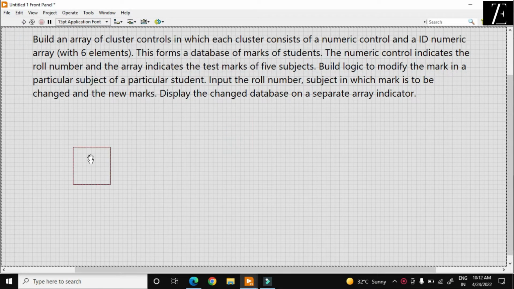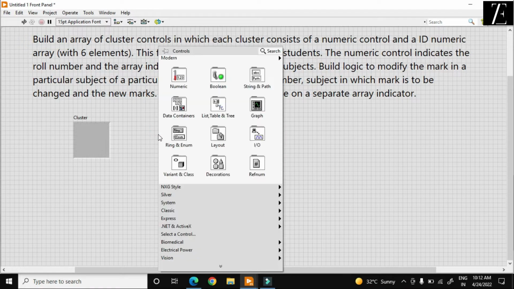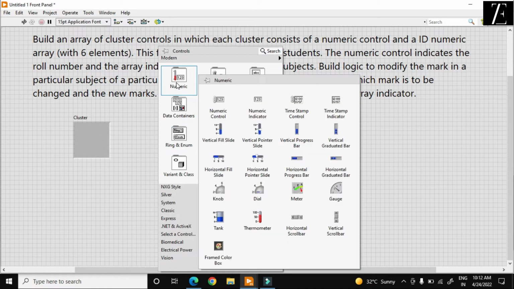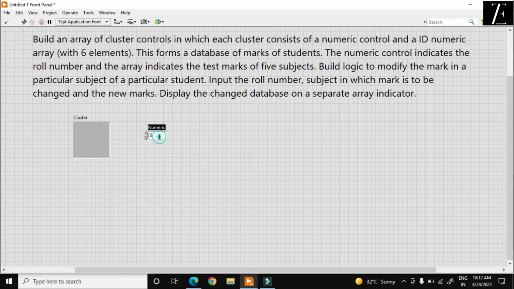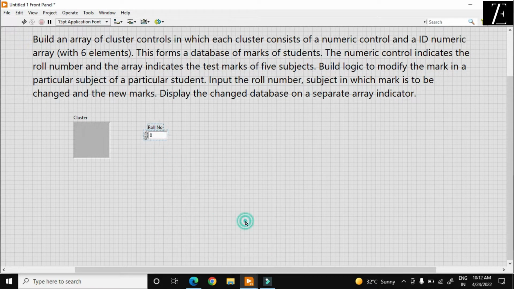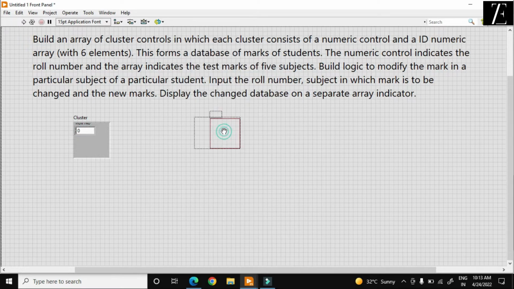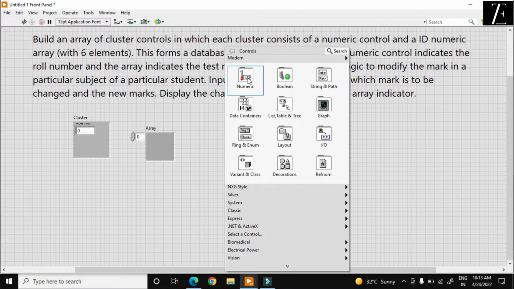a cluster. So this is my input, and in this case I just put the roll number of the student, and I want to change it to integer type because the roll number is not in floating type. So I just put this over here and I want to create an array of marks,